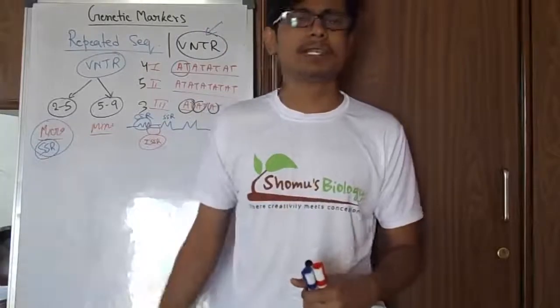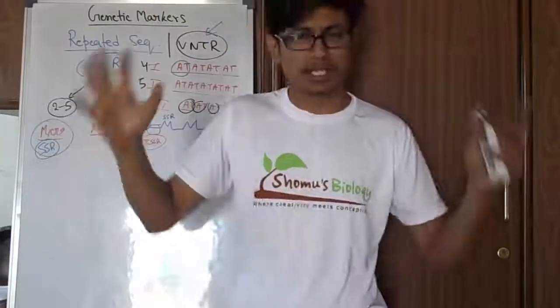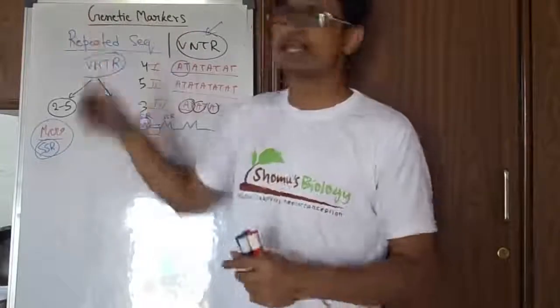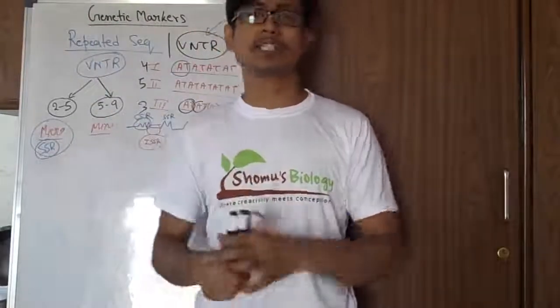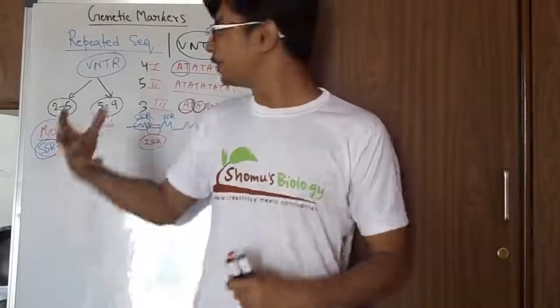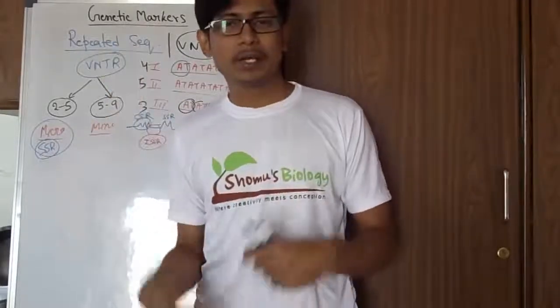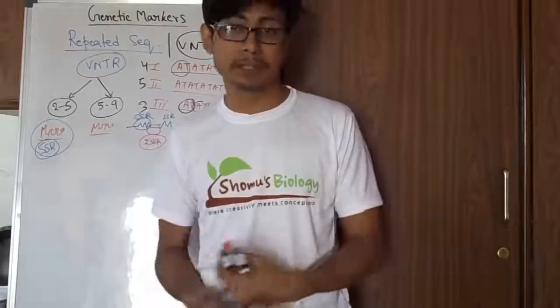And also there are other markers present. Molecular markers are a large variety. Among them, genetic markers are one kind. Other molecular markers could be cell surface receptors and many different things. But this video is especially on genetic markers. So I hope this helps you understand what genetic markers are.